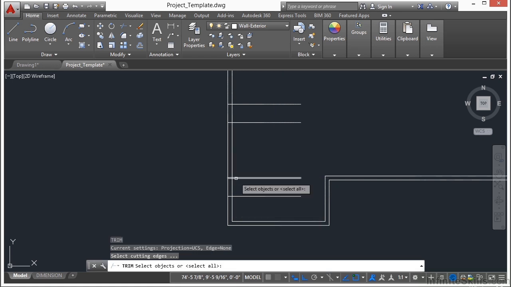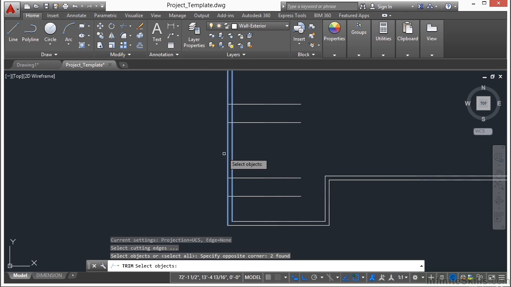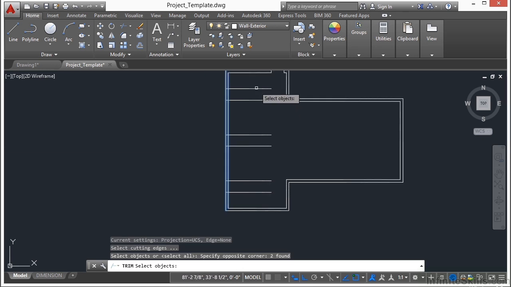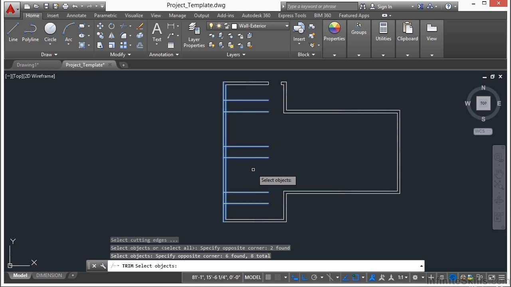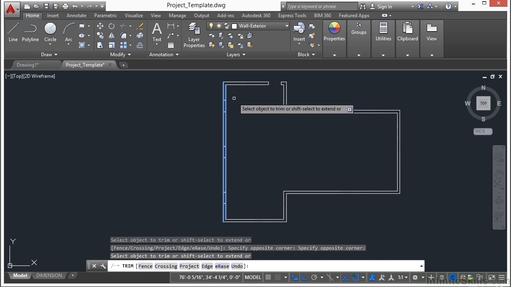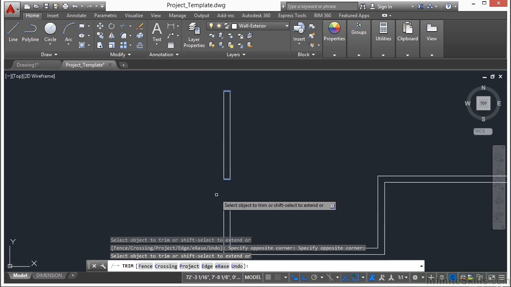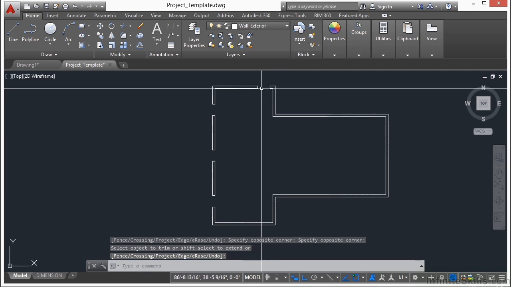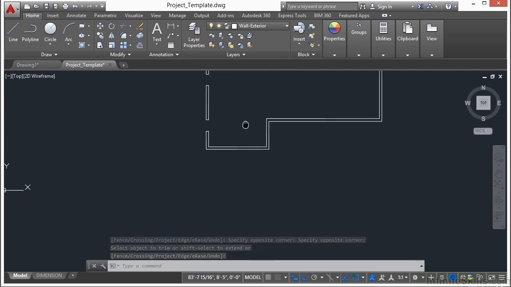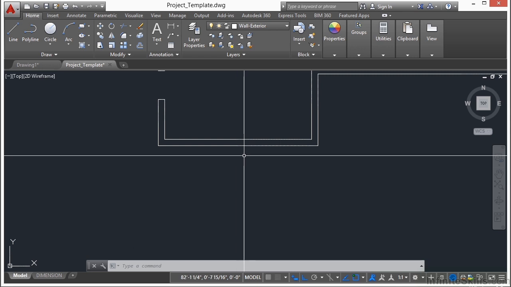Start the trim command, press return. You want to select both of these lines here and all of these lines as well. We're going to use all of these as trimming lines. Press return, select all of these lines, and then these lines here to make the openings. This is going to be a door. These will be windows, and we need to put in one more door down here, and it's going to be